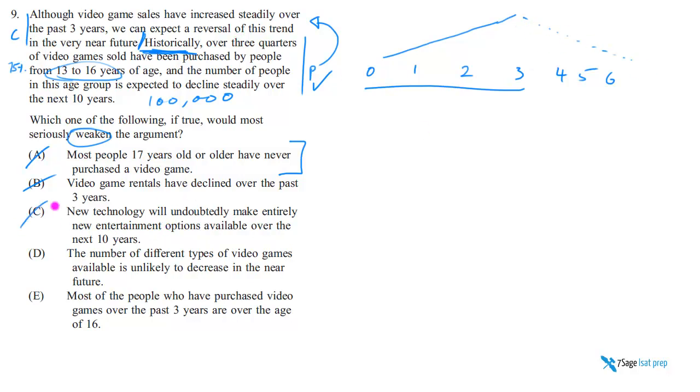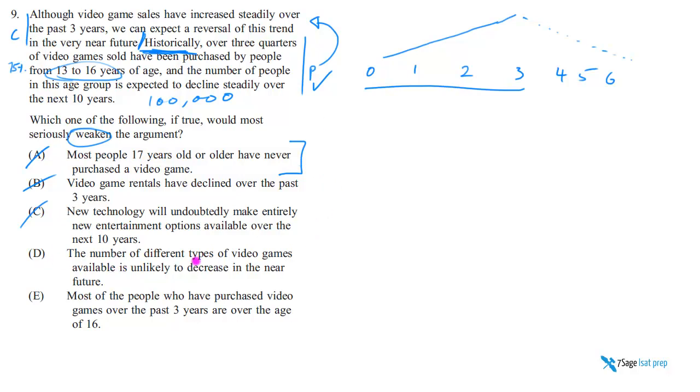So it certainly doesn't weaken the argument. I think it would be too strong to say this strengthens the argument. I suppose I was exaggerating a little bit when I said it strengthens the argument. The safe thing to say is, if anything, it strengthens the argument. It might not, because it's not a strengthening question, so we don't have the empirical data of which answer choice the LSAT considers strengthening. But if anything, A and C, I think, strengthen.